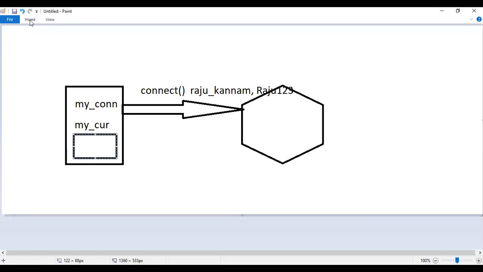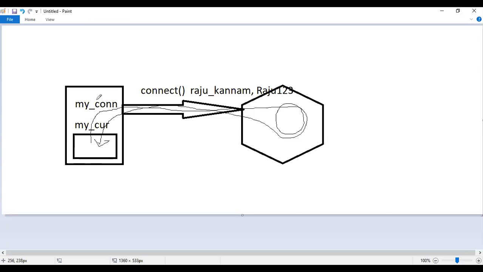With the help of my underscore cursor, it will take your query and get it executed here. Once it is executed, the result will be sent back to the cursor. All the records will be fetched back to the cursor, and you have to make use of those records.